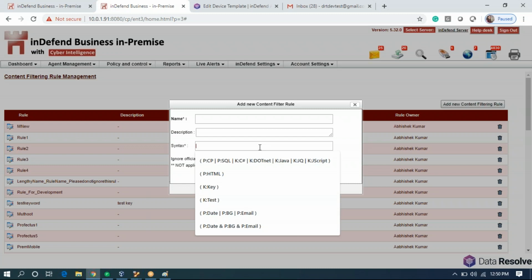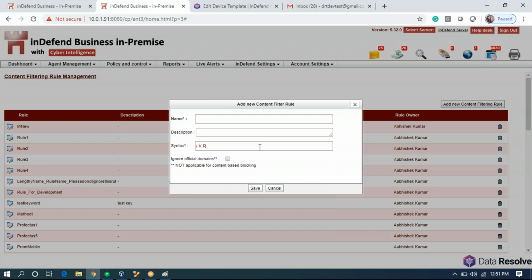So syntax starts with round bracket open space. For keyword rule, we use capital K, colon, and name of the rule. So the rule that we created was Rio underscore 1. Then we give a space.